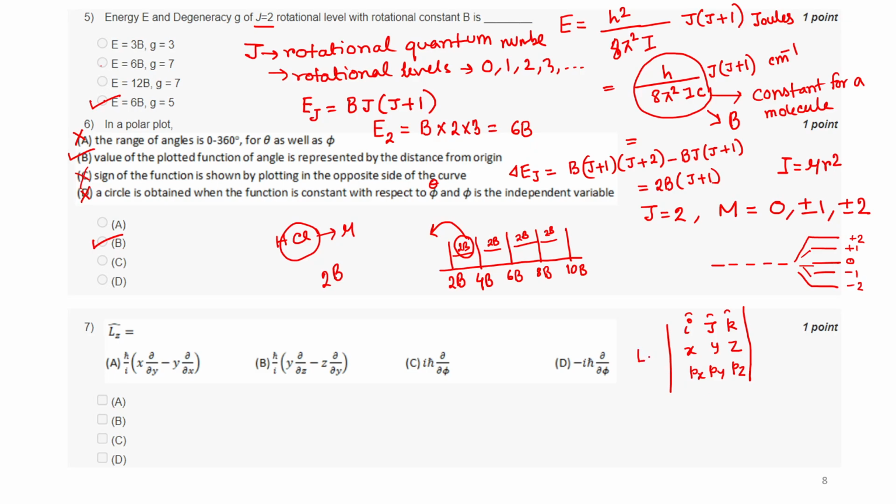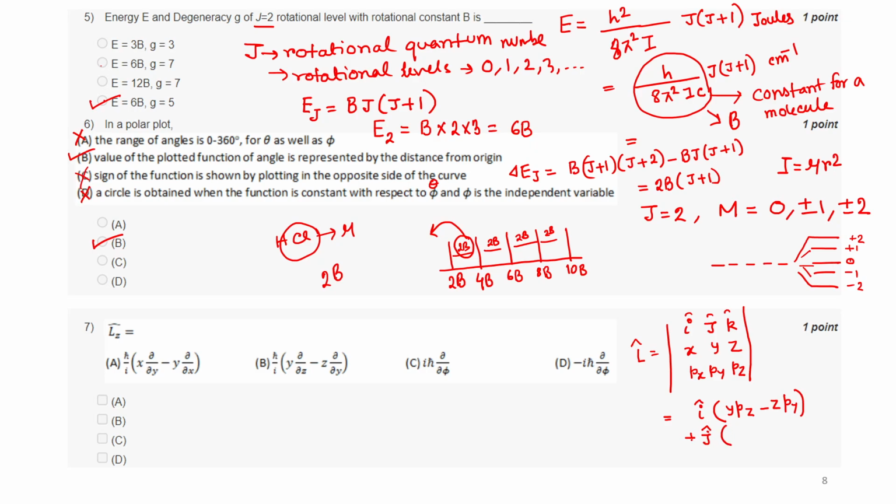So this is your L actually. Here i, j, k are the unit vectors. So when you are choosing i, then you are going to have y Pz minus z Py. Then when you have j,